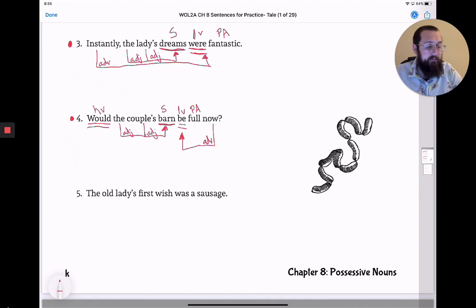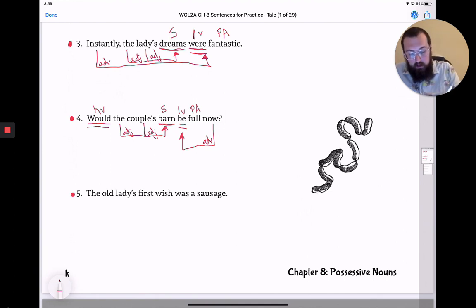Alright. I was going to make that it, but I'm going to do one more with you so I can show you one with a predicate nominative, so we can see one that is renaming. So number 5. Let's do number 5. The old lady's first wish was a sausage. So I go through and find my